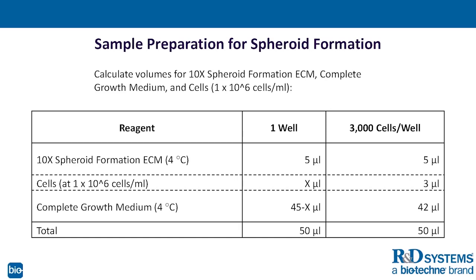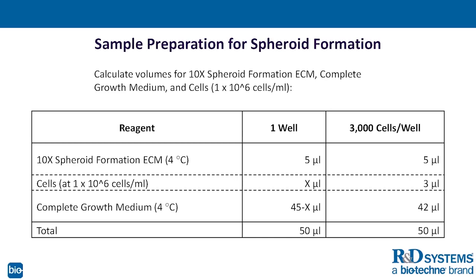So first we'd start out just calculating volumes for our 10x spheroid formation ECM, our complete growth media. This is growth media used in cell culture, which includes your fetal bovine serum and any other media additives that are needed for your cell of choice, and the cells